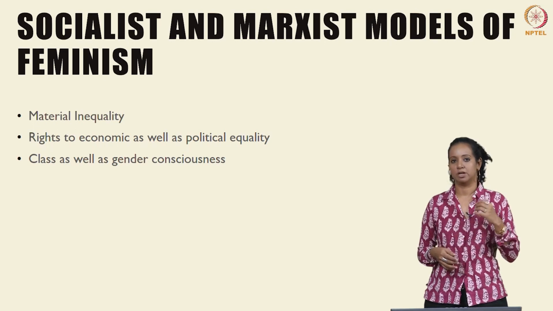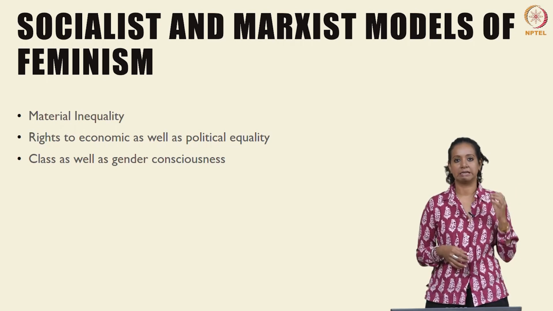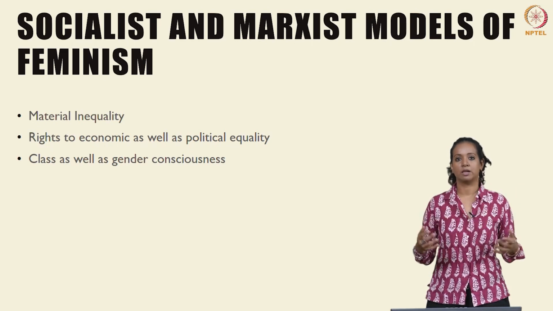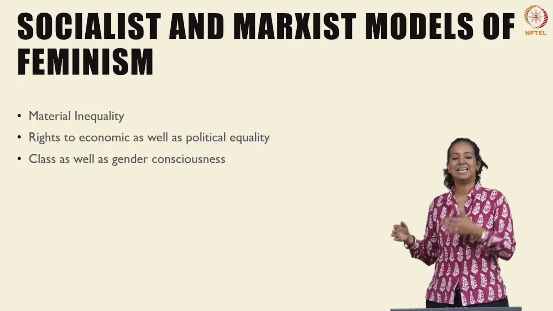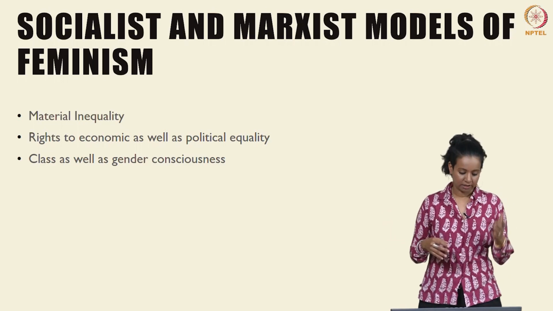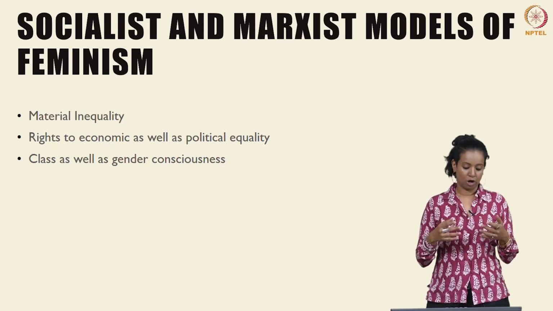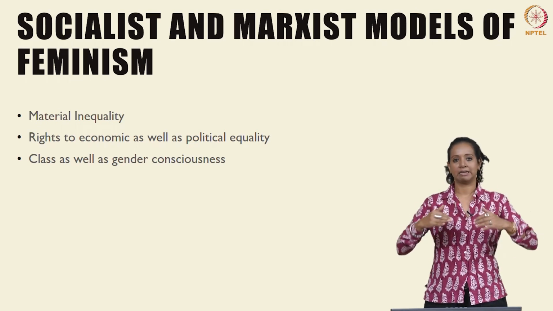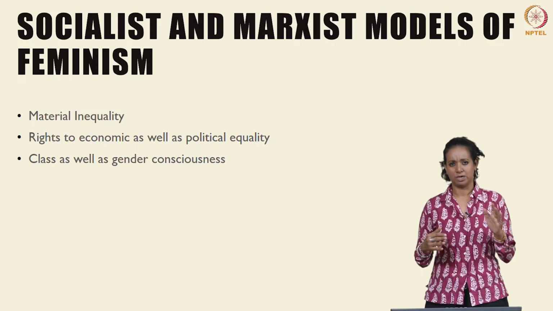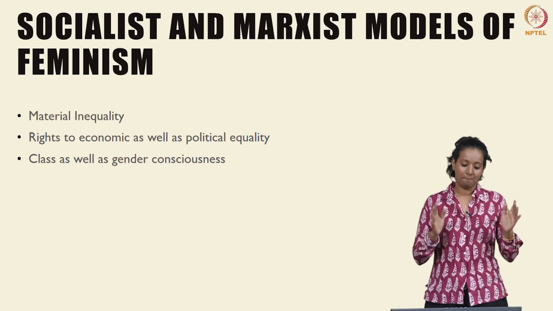Which is, I am a gendered being but I also belong to a certain class, and when all the classes are liberated, as Marxism argues for, along with it will come gender liberation. Here a lot of leeway is given to this idea that class trumps gender in many ways, and this is contested, but